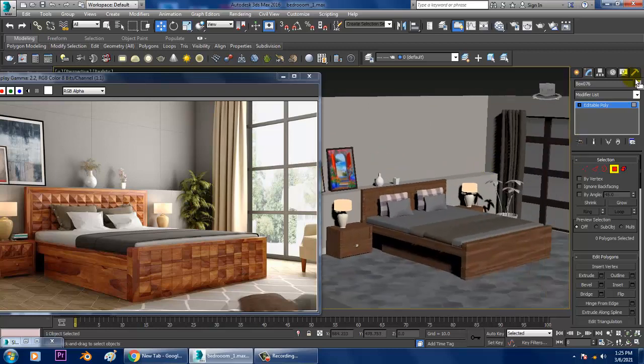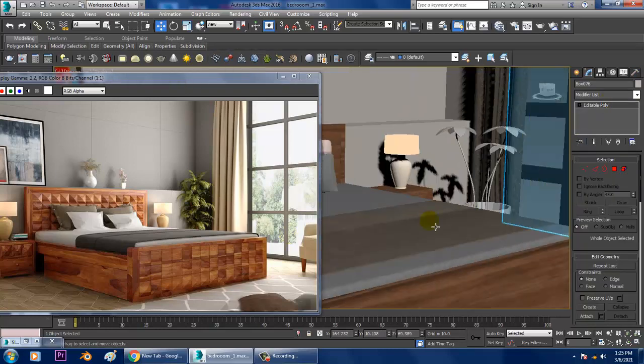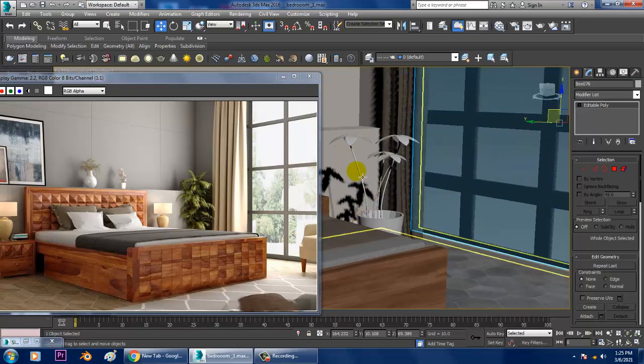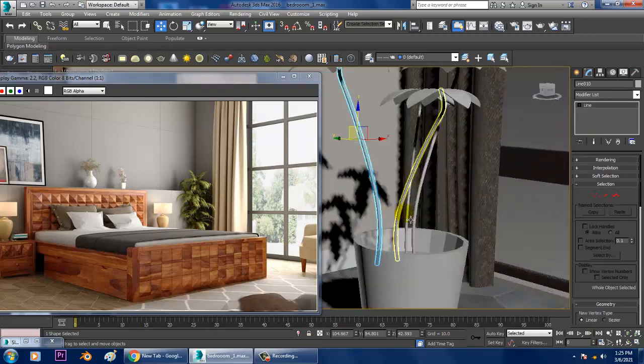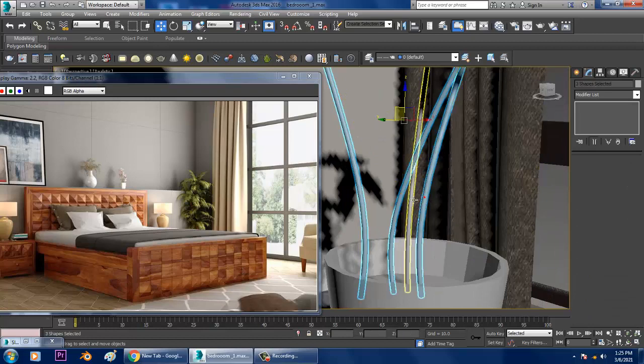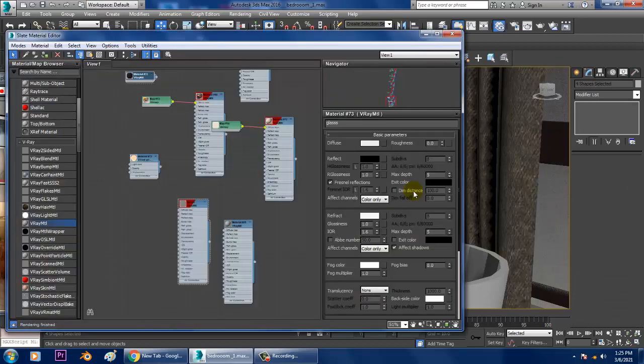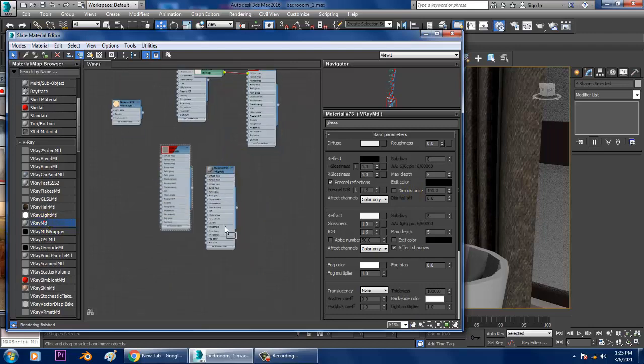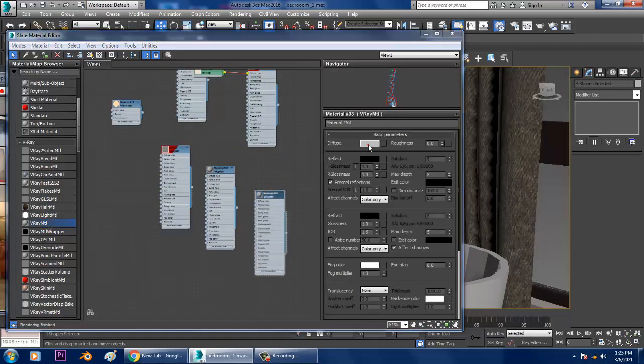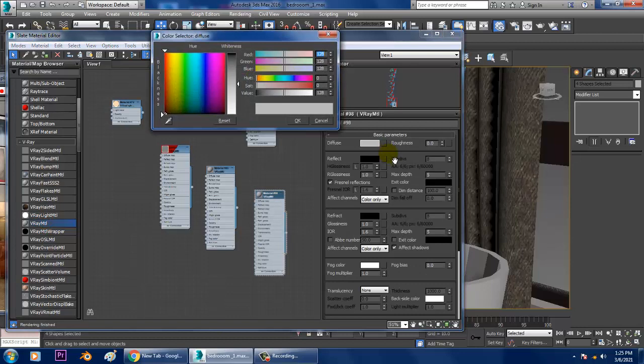After that, let's go into this, select this. For this we'll be assigning some colors. That's the branch over here.